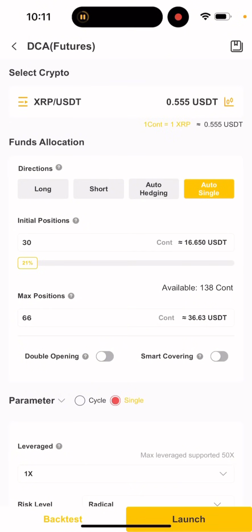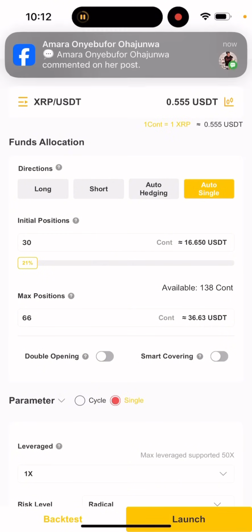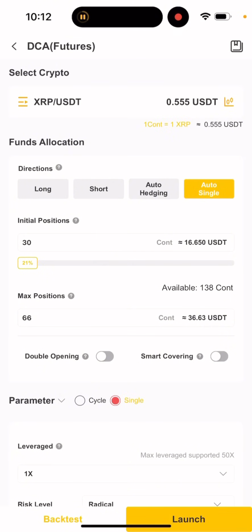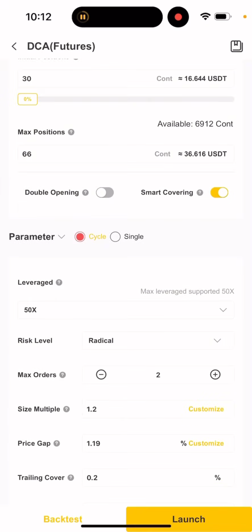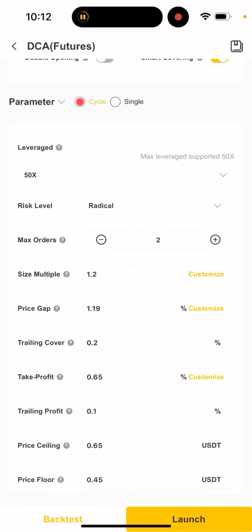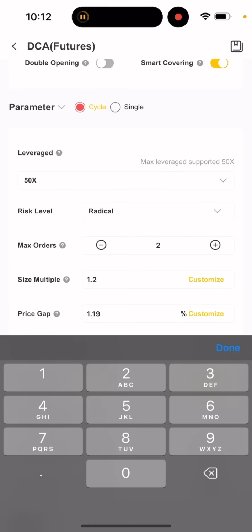I have SRP currently running. All I need to do right now is come here and do the same thing. I open this account. I just put $100 in this account to test this, to show us that it's working. Turn on my smart covering, put it at Sacco, go to the highest leverage, which is still 50 for this coin, and check my take profit is less than 1. Change it to 1,